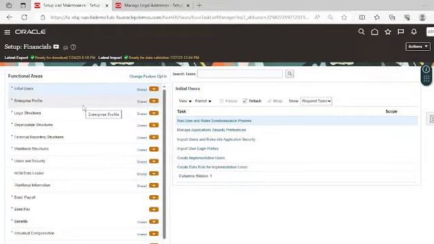If you want to give access of more than one ledger to any user, then you can group those ledgers into the ledger set and you will provide the data access set for that ledger set to that user. You can also provide the data access at individual level, but what you will do is group all those ledgers into one ledger set and provide the data access for that ledger set to the user. We will do it practically for Aeronet Group.